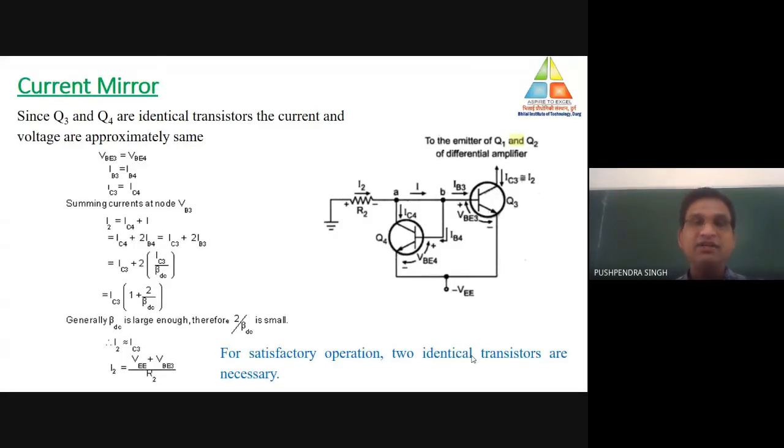So for making that, we replace the resistance R2 by two diodes, and by addition of these two diodes, whenever there is a change in the value, the exceeding amount of current will be compensated by the two diodes. After that, we replace those two diodes with the help of one single Zener diode, and the working principle of both circuits was the same. Then the last circuit was the current mirror circuit, where we need to make the input current equal to the mirror image of the output. So this is all.